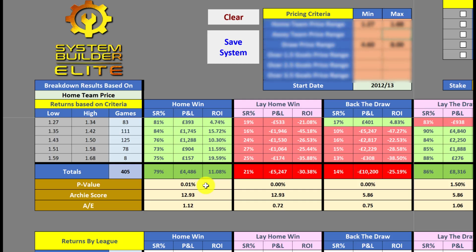Well, it can be pretty darn pure. So the p-value, 0.01%. That means that the system that we've just discovered here, there was no luck to it. This is 100% reliable going forwards, or we say 99.99% reliable going forward. So we've got a lot more confidence with using this particular system. So that is a very, very useful feature. Do concentrate on the p-value when you're building your systems.